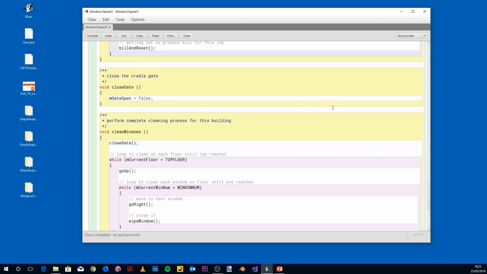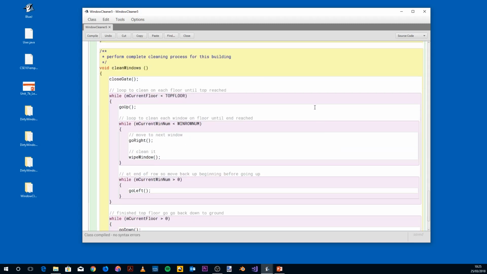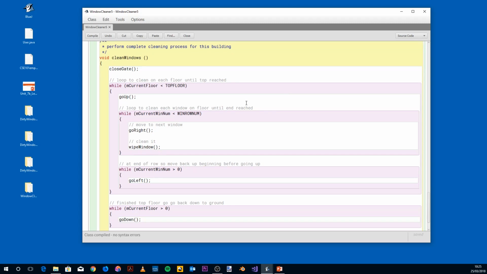Closes the gate. And then this is the main one. This is the main method which we do for cleaning all of the windows in this building. So what we do is we deal with it in this main loop. So while the current floor is less than the top floor, so while we're not on the top floor, we call go up once and then loop round